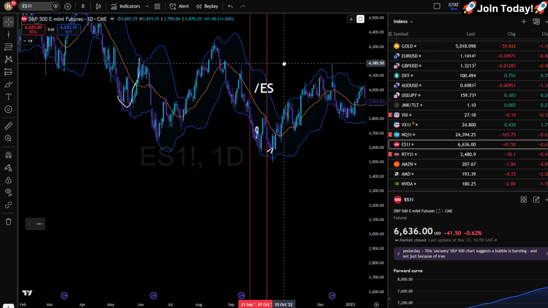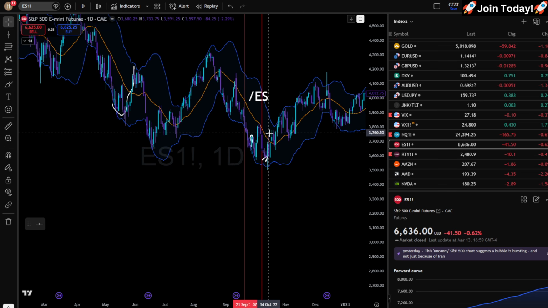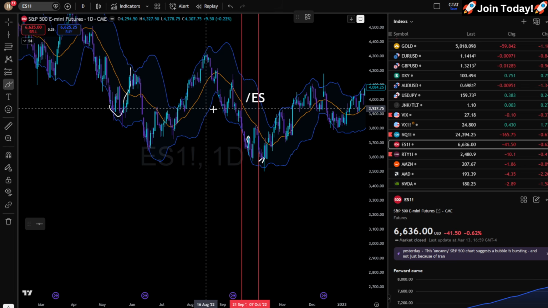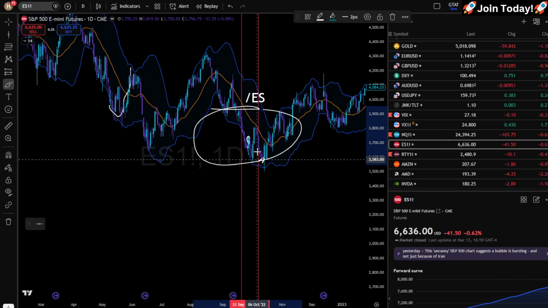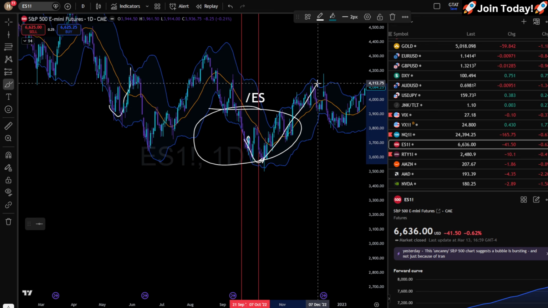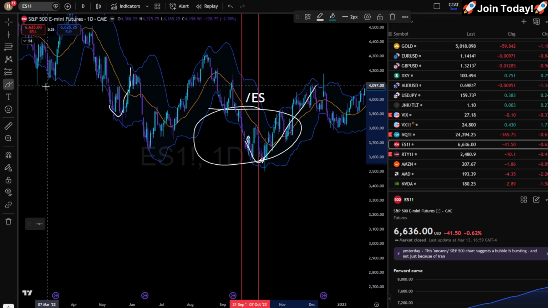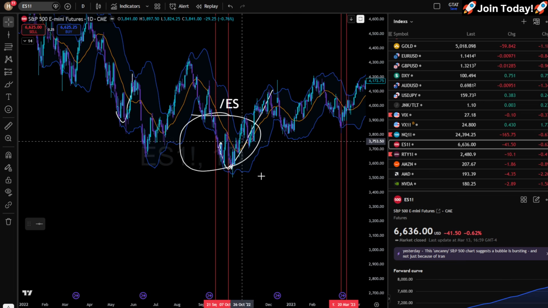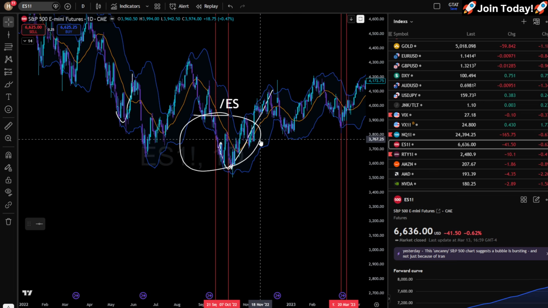So this is September and October of 2022. This was a very, very important time that we were looking at. On the daily and the weekly time frame, we ended up bottoming out in this zone. And what ended up occurring 2 to 3 months afterward? The S&P 500 rallied above 4K. If you were bullish down in this zone, my point is, guys,